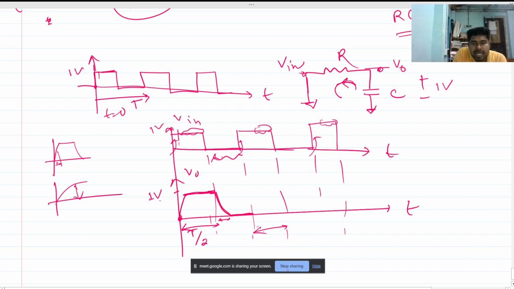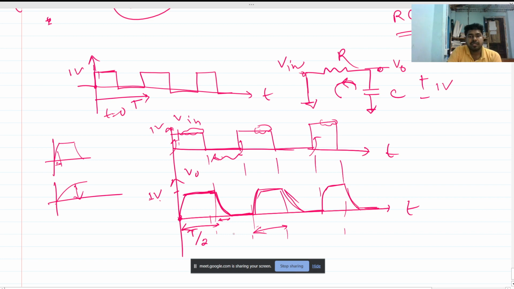So this will again be charged up to 1 volt very quickly, and this will be the waveform. Then this will again discharge very quickly, and again this will charge to this very quickly, and this will discharge very quickly. So this is how the waveform will look. Okay,